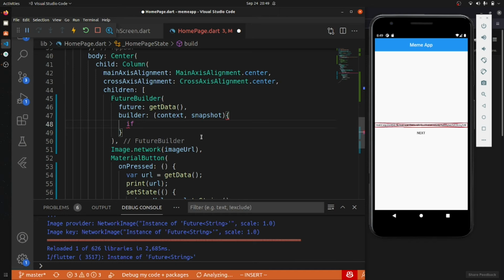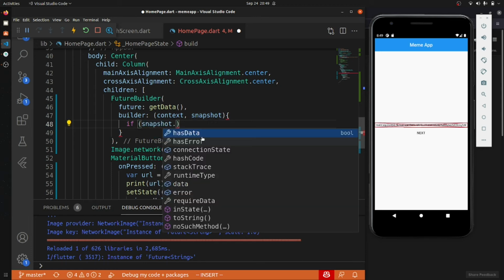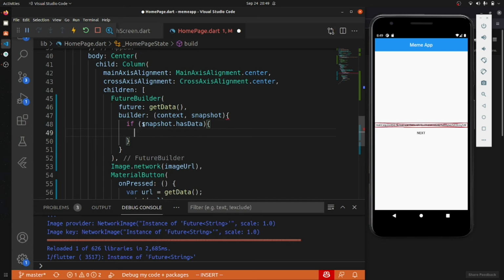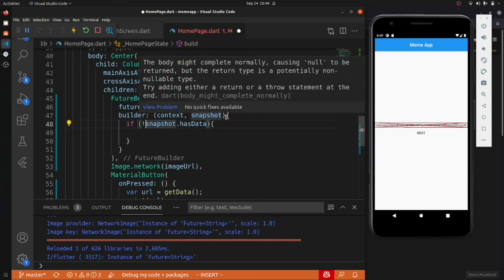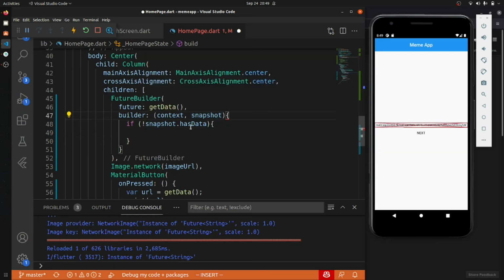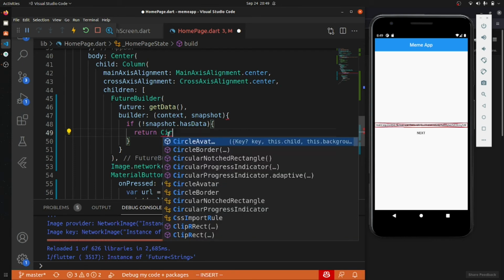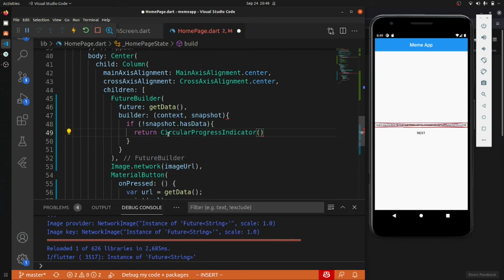Now we just have to return the stuff. So if snapshot dot, if it does not have any data, why is it showing us the error? Body might be, okay, leave it, we will see it later. If it does not have any data, it will return a circular progress indicator.